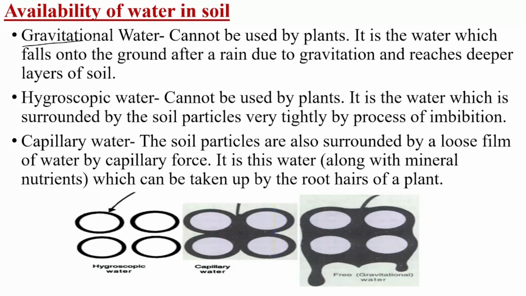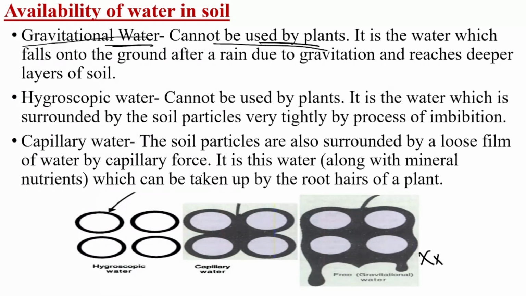Gravitational water, that means when there is a rainfall, the water percolates inside the soil. That means it gets deeply absorbed inside the soil and goes into deep layers. Such water, where the water droplets fall onto the soil and reach the deeper layers, cannot be used by plants. So this is unused water. No way the root hairs can absorb such water because it gets deeply percolated inside the layers of soil